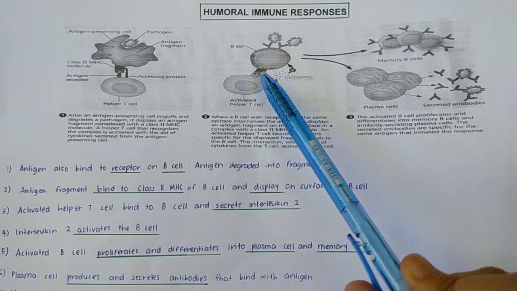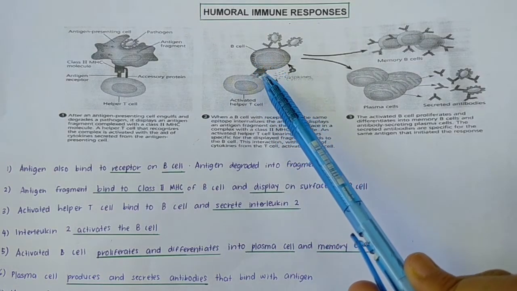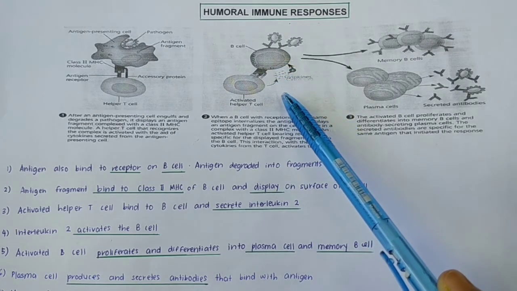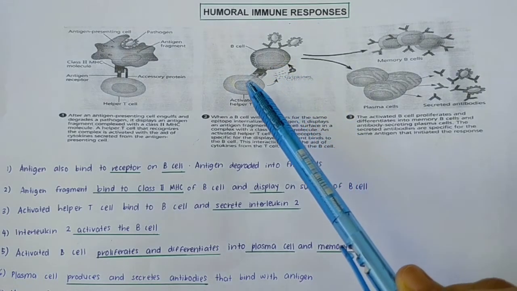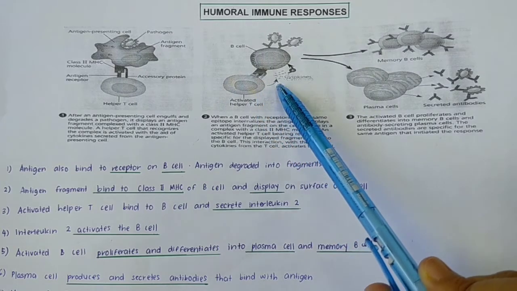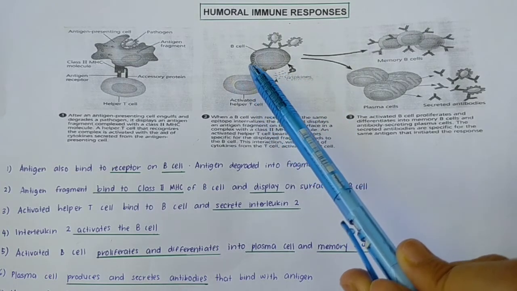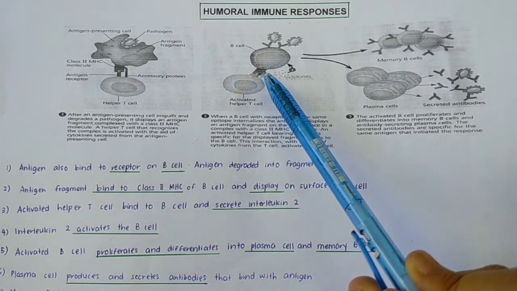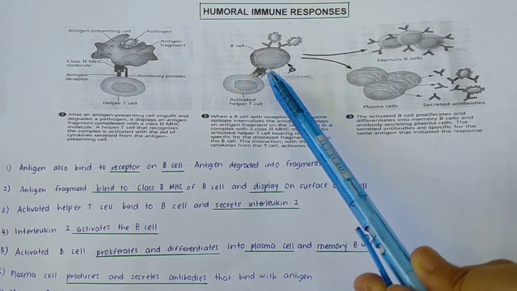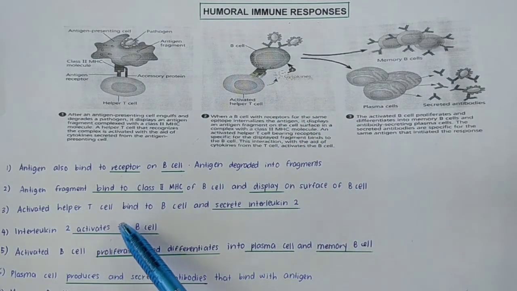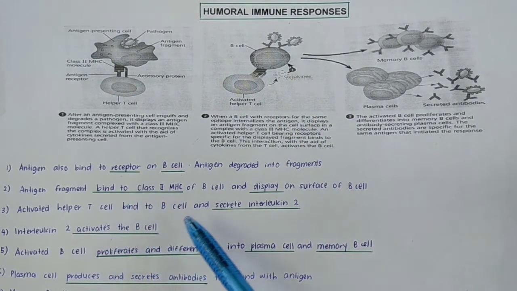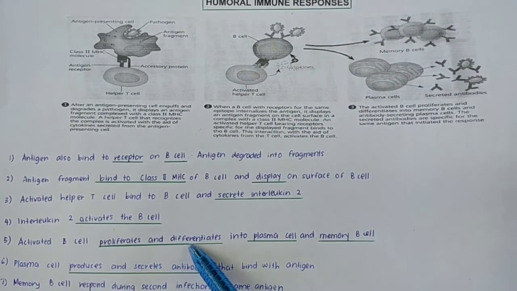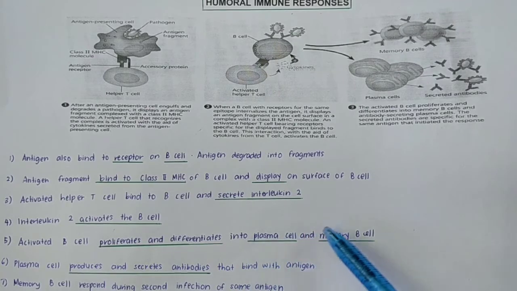Okay, this activated helper T cell will bind to the MHC antigen complex and it will secrete interleukin 2. So it means that the activated helper T cell will secrete interleukin 2 when it binds to the B cell, through the MHC antigen complex. The function of interleukin 2 is to activate the B cell. So once the B cell is activated, the B cell will proliferate and differentiate into plasma cell and also